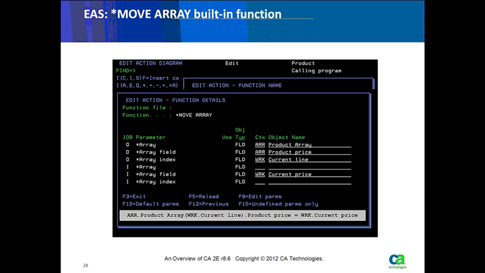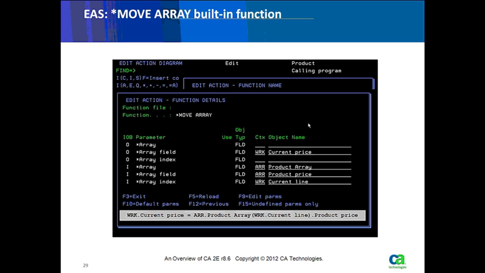As you can see, we actually have 6 individual fields. Like the move function, where the move has the output field and the input field, here we have 3 output and 3 input. So here what we're saying is, okay, move the work.currentPrice field into the product price field in the product array, in that element, the work.currentLine element of the array. If work.currentLine has a value of 4, then we're saying, okay, move the work.currentPrice field into the product price subfield of the 4th element of the product array.